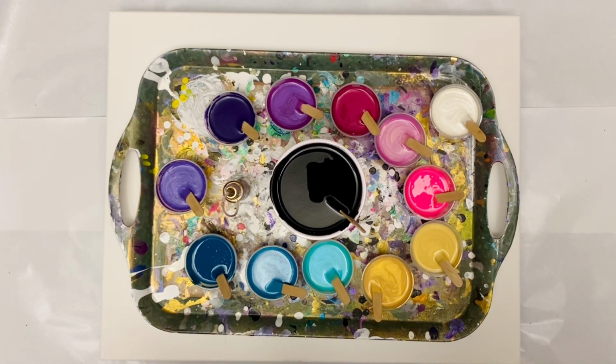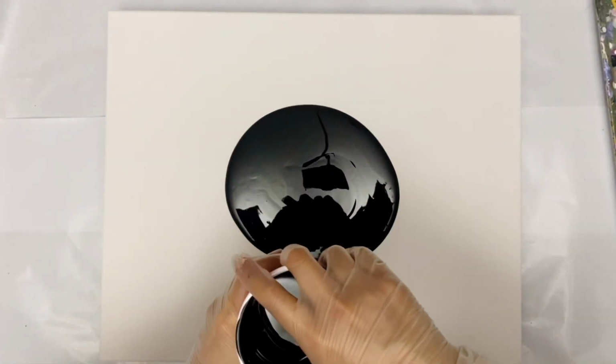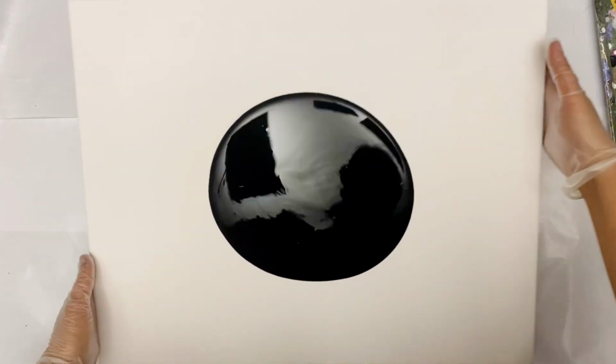Today I'm going to use these bright colors of pink and purple and turquoise on a black base. I am going to do a Dutch pour. Now I haven't done a Dutch pour for a long time, but this time I want to experiment with liquid